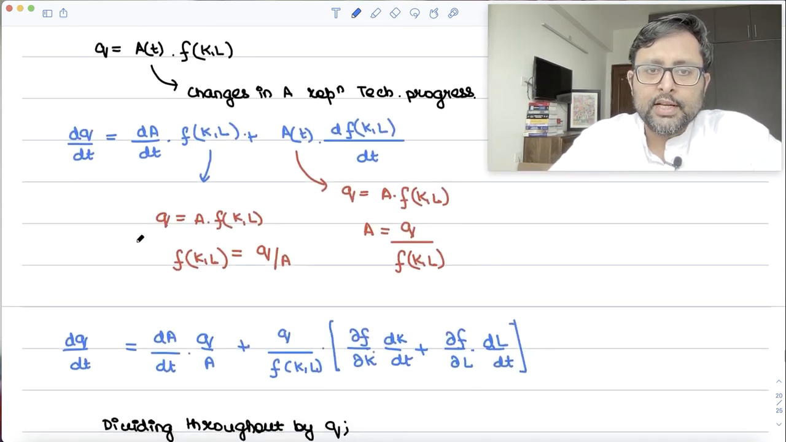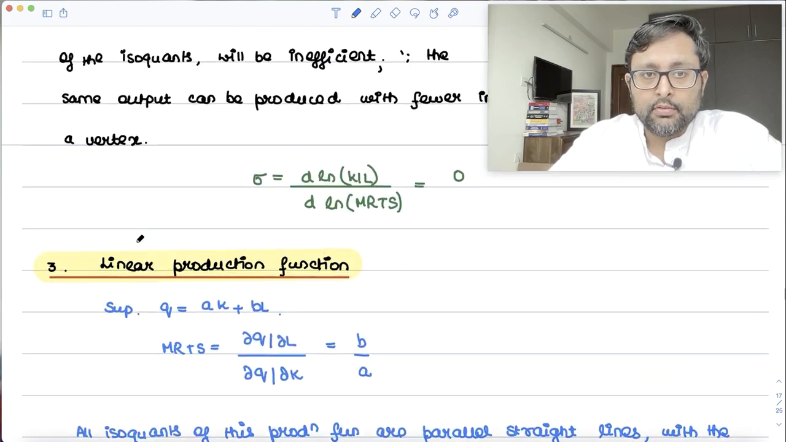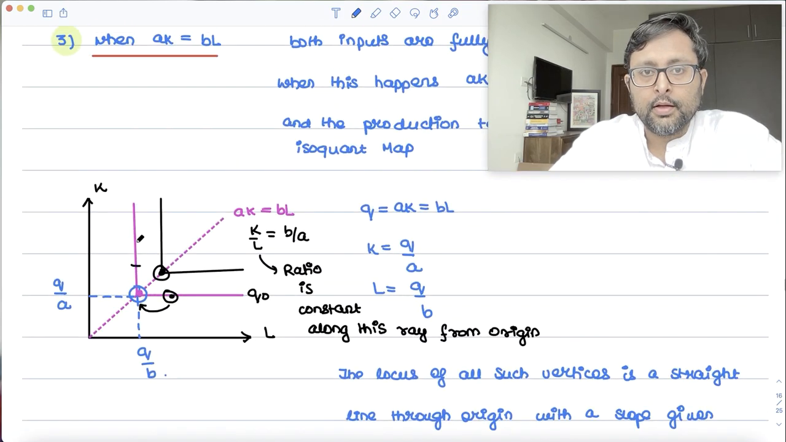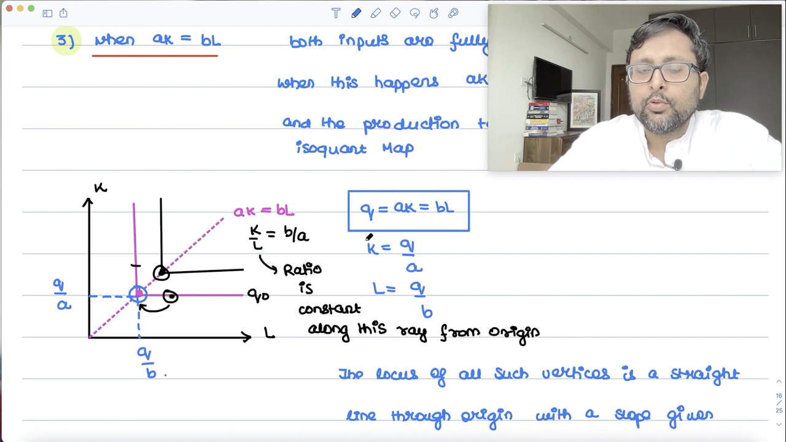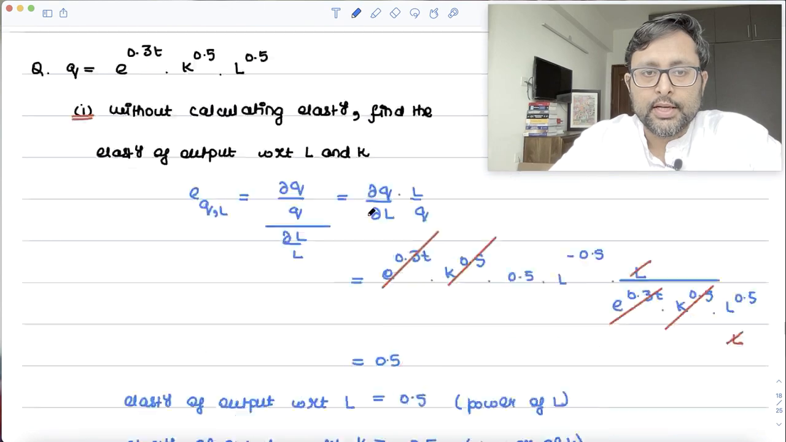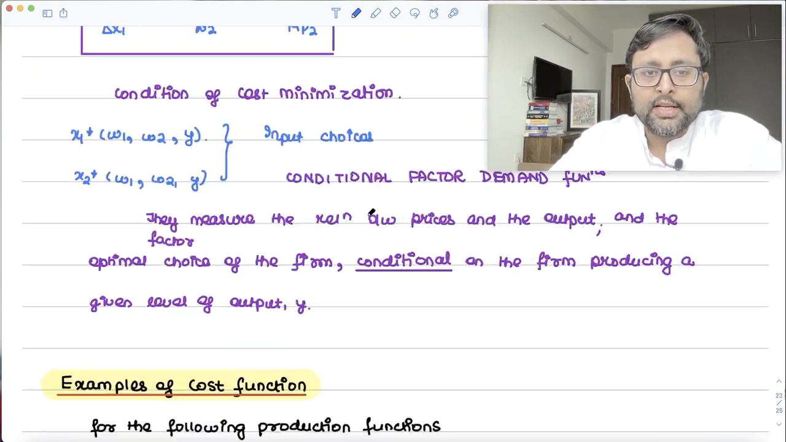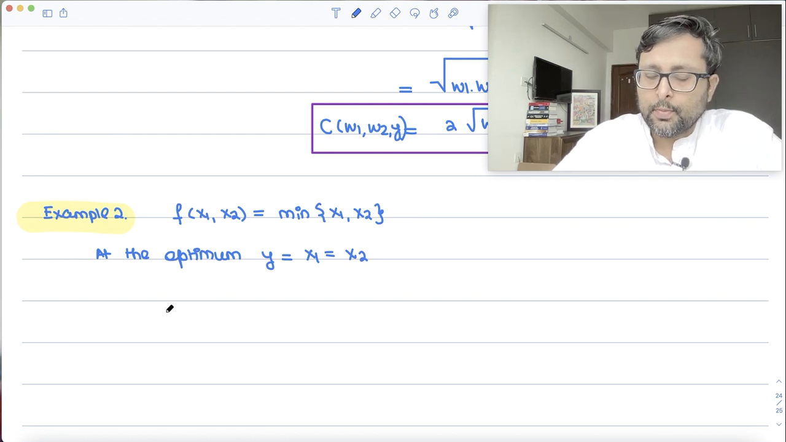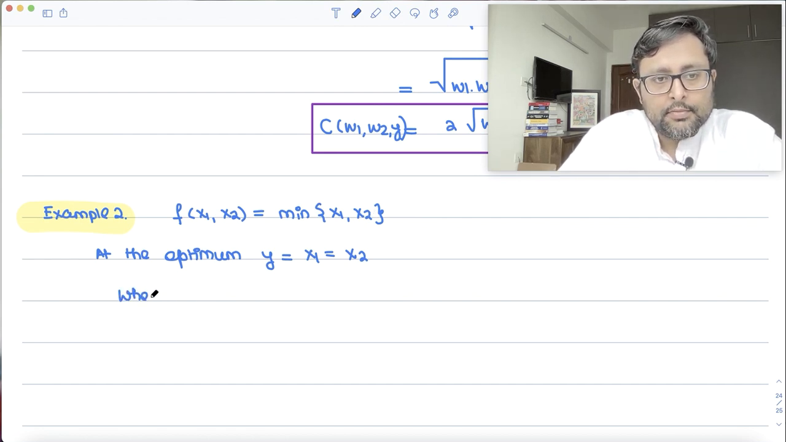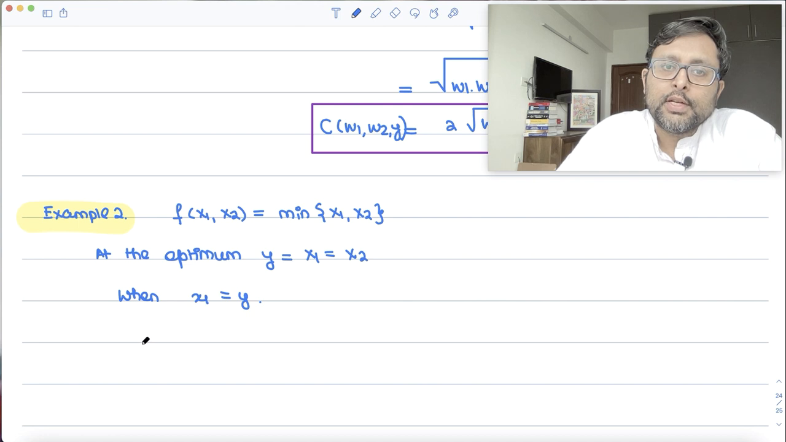So when you'll be producing at the kink, one more thing I have also told there. Yes, you'll be producing at this point now. So your production is going to be like this: Q is equal to AK equals BL. That's what you're using here as well. So you'll be producing at this particular point. Y is equal to x1 equals x2, right? So when you write x1 equals y,